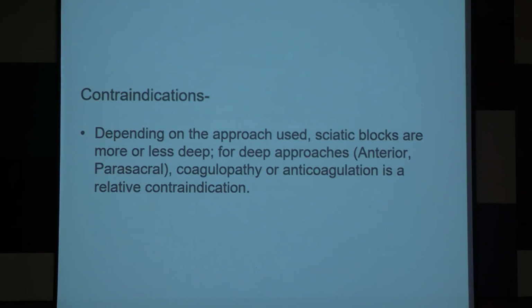Contraindications. Similar to any nerve block, contraindications are if you have a coagulopathy, suppose. Why? As I told you, the blood vessels. There will be plexuses which have major blood vessels nearby. If you prick the patient and the patient has a bleeding disorder, and if you are not able to compress that vessel, it will keep on bleeding. That will lead to hematoma.